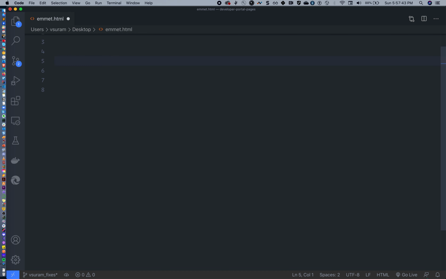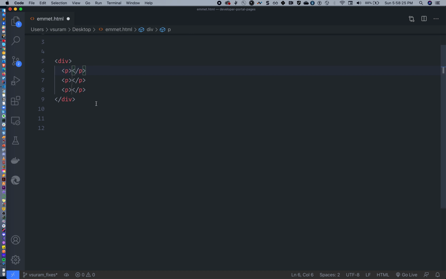And the third one is how do you create nested elements. For example, there is a div, and inside this div I need to create a p element. What you do is use the angular bracket and p. You see how this will generate in the preview. So there is a p child element to the div, and if I want multiple p elements here, what I do is p star, let's say 3, then 3 child elements are created in the div. I can just hit tab, then it will generate the code.